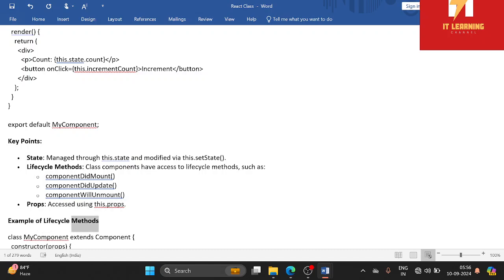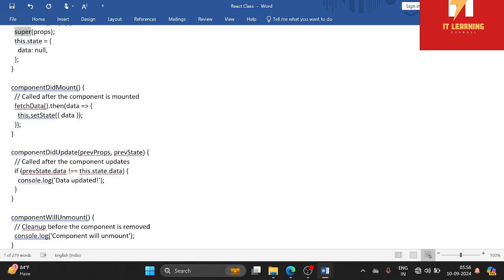Example of lifecycle methods. class MyComponent extends Component. constructor(props) { super(props); this.state = { data: null }; } componentDidMount() { // Called after the component is mounted. fetchData().then(data => { this.setState({ data }); }); }